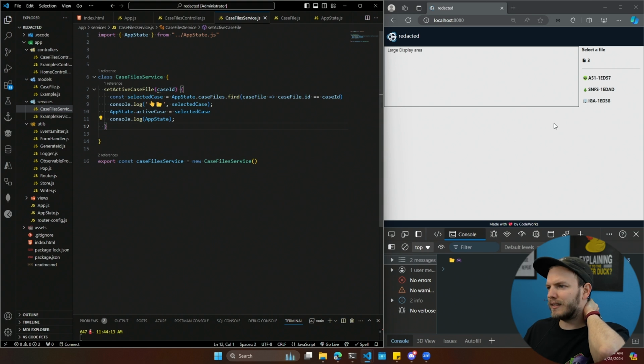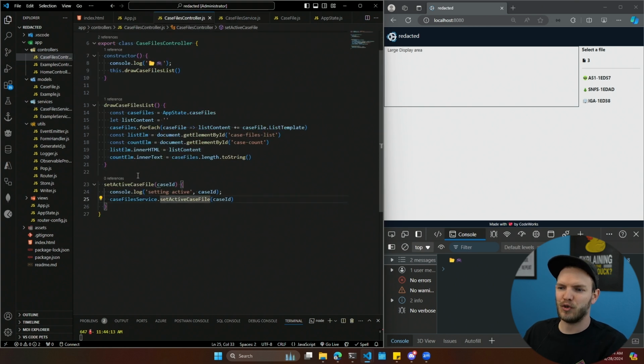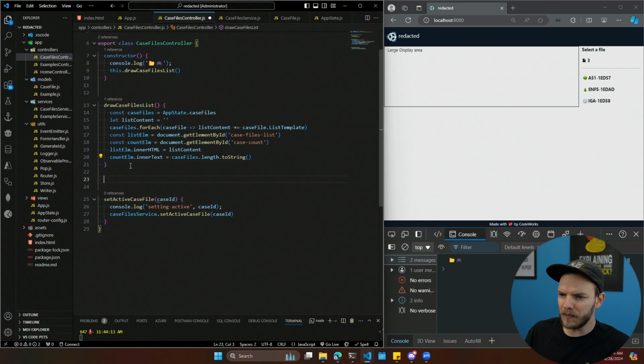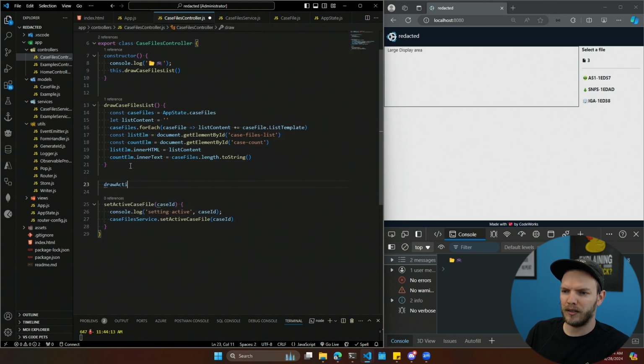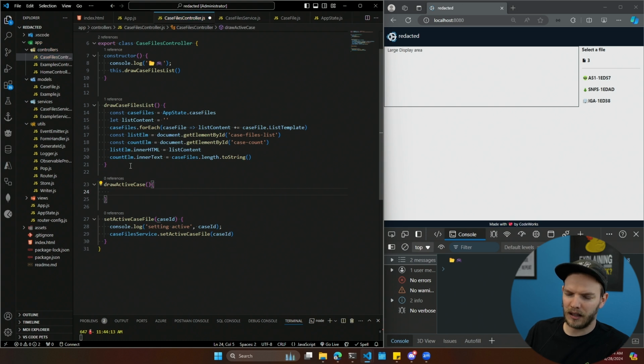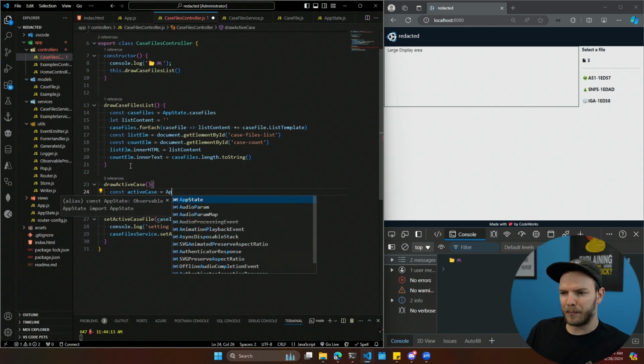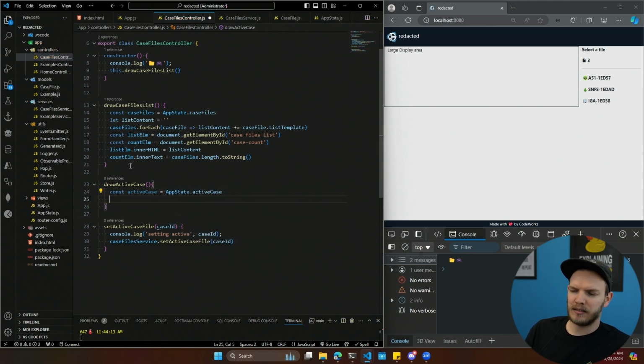Now we just want to set this up so that if we select an active case and set it into our app state, let's draw it to the page, okay? So we will draw the active case. Okay, so we'll say const active case equals app state active case, and then